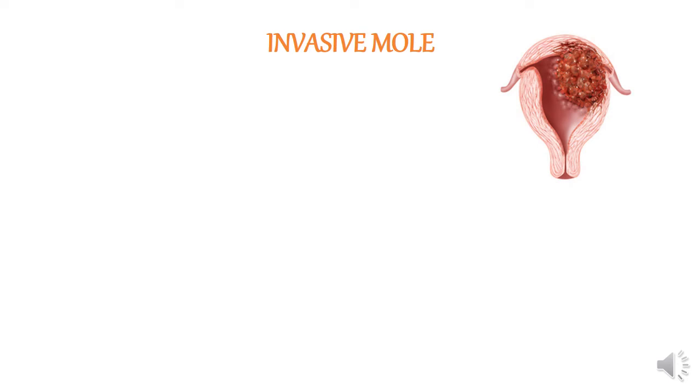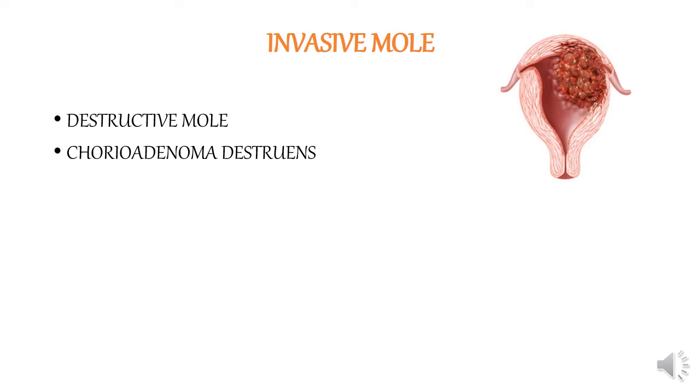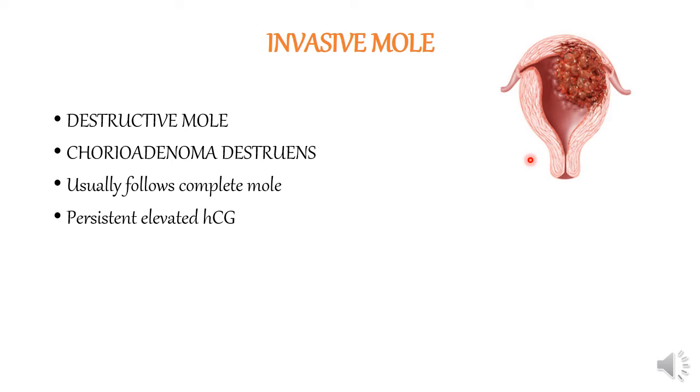Now we'll move on to the invasive mole. This invasive mole, it's also called as destructive mole, or it's also called as chorioadenoma destruens. Why it is called destructive mole? Just because it will infiltrate the underlying myometrium, and usually it follows the complete mole, and patient presents with the persistent elevation of the beta HCG after expulsion of the complete mole,